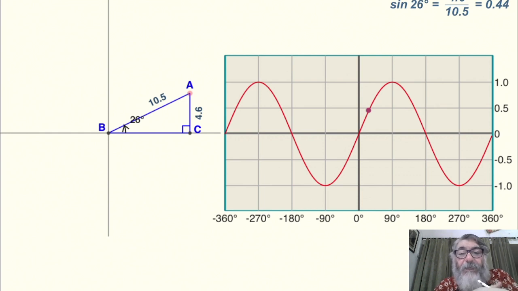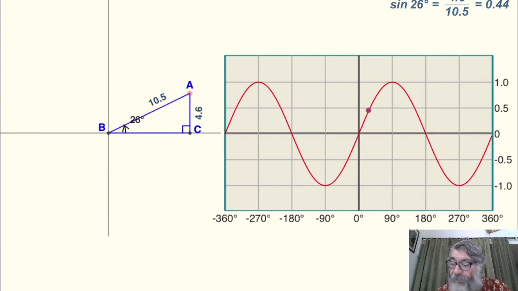In every case, sine theta is perpendicular upon hypotenuse. It is a ratio of two sides. So if centimeter is for perpendicular, it is also for hypotenuse, and so centimeter will cancel. That is why there is no unit in the ratio. But you can take whatever unit you like.